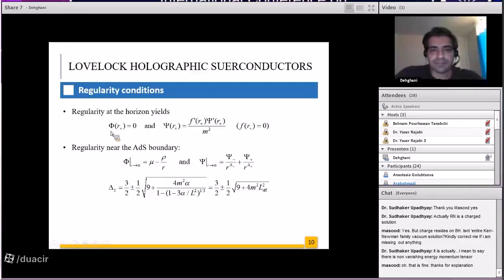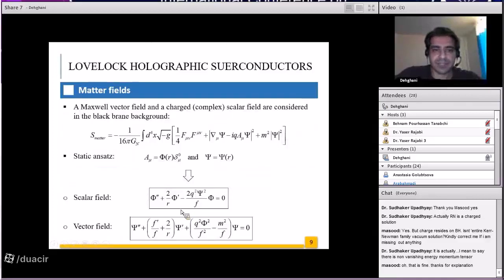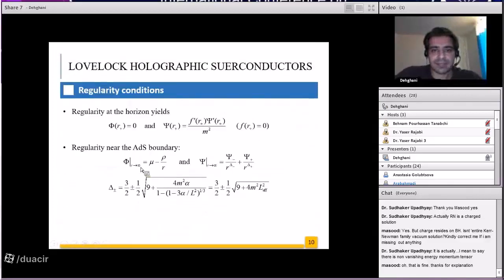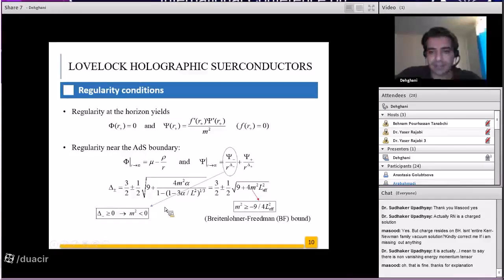At the horizon, we demand that the norm of the vector field be finite, so we impose this condition. At the asymptotic region, these two coupled differential equations can be easily solved, and for the gauge potential and scalar field, the scaling dimensions are given by this relation. From this, one can obtain the BF bound, and from the positivity of the